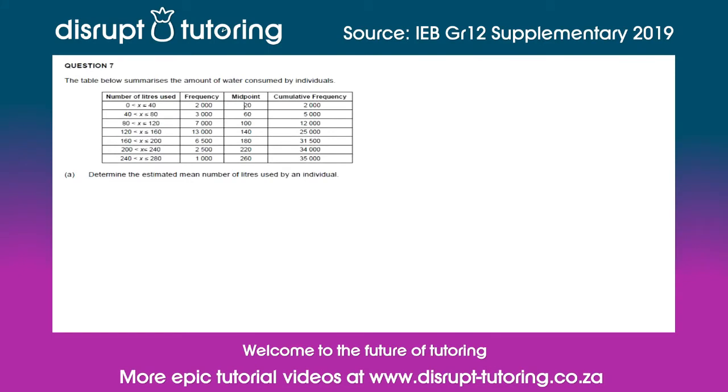Today we're continuing with the Math Paper 2 IEB 2019 Supplementary exam, which deals with statistics. In question A, they've given us a table and they've asked us to determine the estimated mean for the number of liters used by an individual. So for this question, we'll first need to find the estimated total